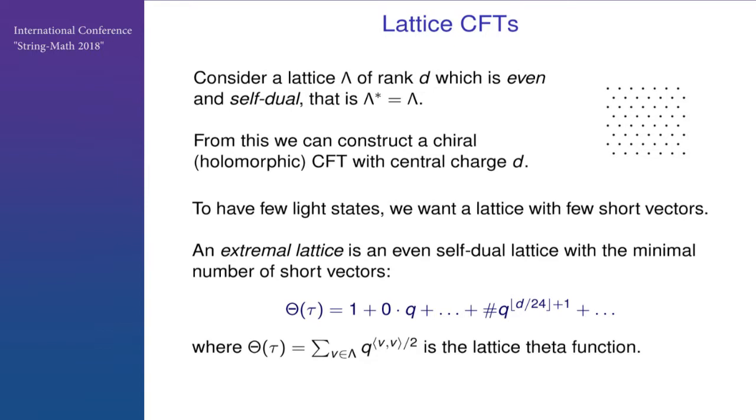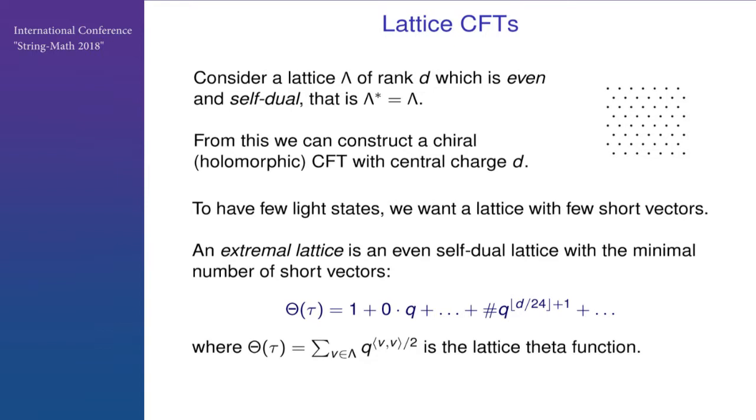Now the point is, there is an inherent tension between trying to have a lattice which doesn't have any short vectors and the requirement that it is self-dual, because if all the vectors are long, then potentially the dual lattice will have a lot of short vectors, and then of course the lattice is not self-dual anymore. And there's a way of making this tension very precise using the fact that the so-called lattice theta function, which is essentially the generating function of the number of lattice vectors of a certain length, is a modular form of a certain weight. And it turns out that the best one can do is look at so-called extremal